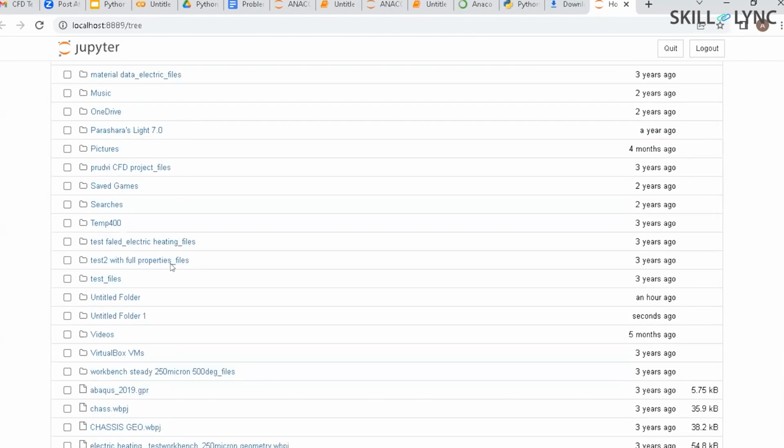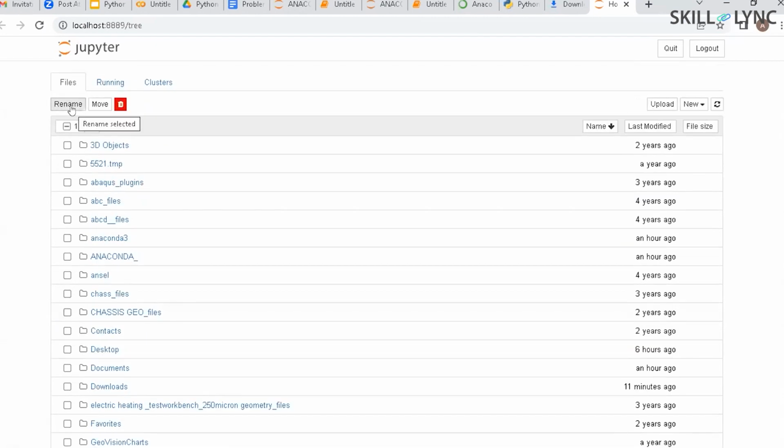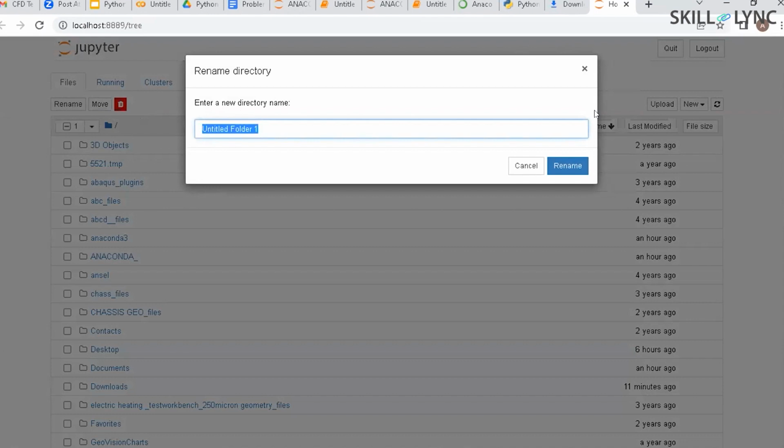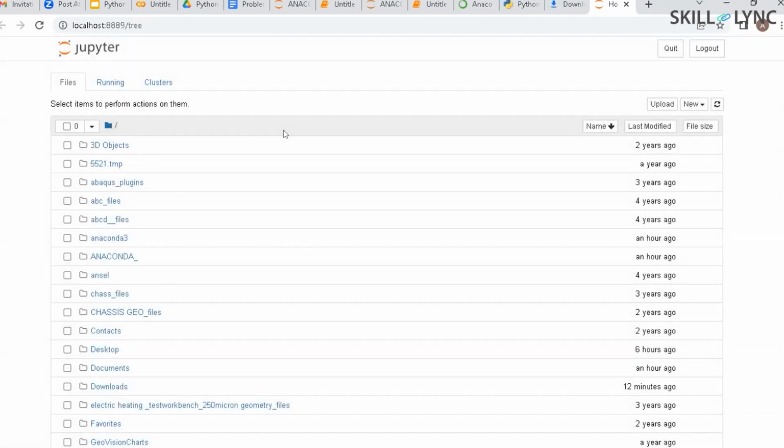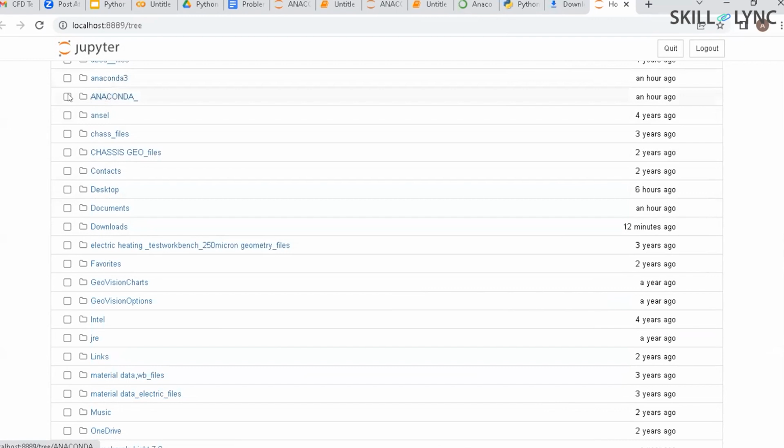Just scroll down and you will find here new untitled folder 1, which is created just a few seconds ago. We want to rename this untitled folder. So click on this checkbox, which is given next to your untitled folder. Scroll up and here you can click on rename and give whatever name you want for this particular folder. Say I give demo, or if you want, you can write Python Anaconda. Generally, this is the name I have given. I have directly given it as Anaconda,